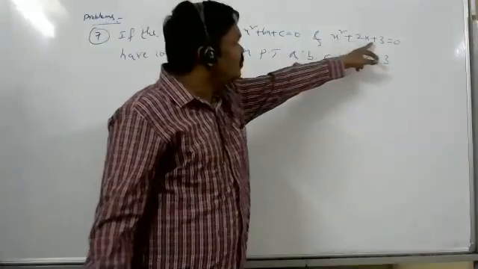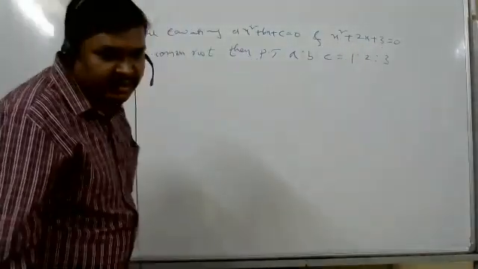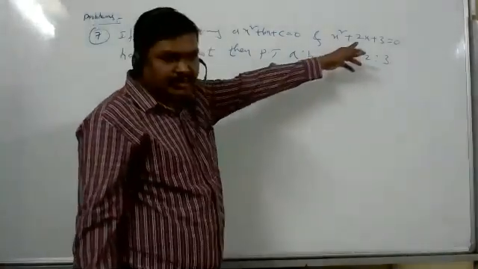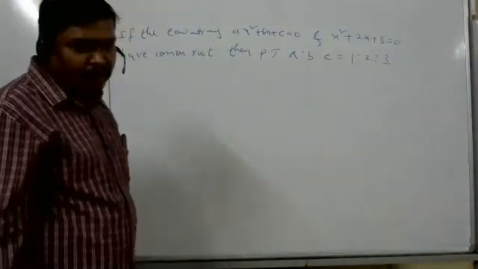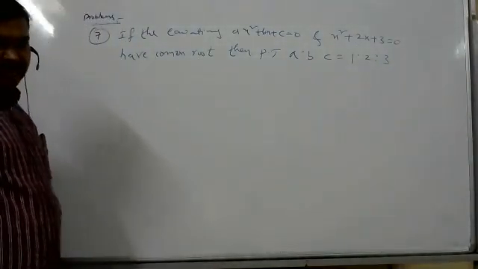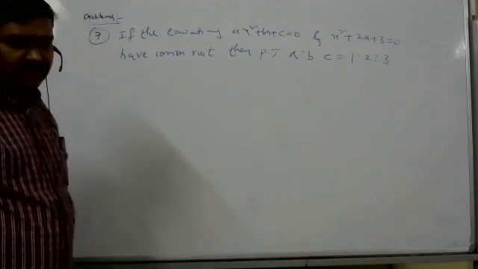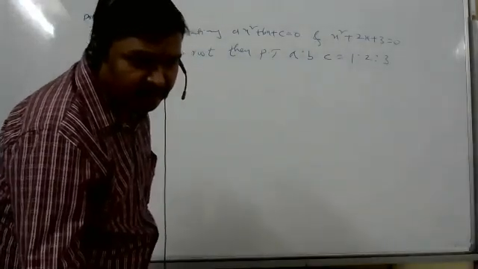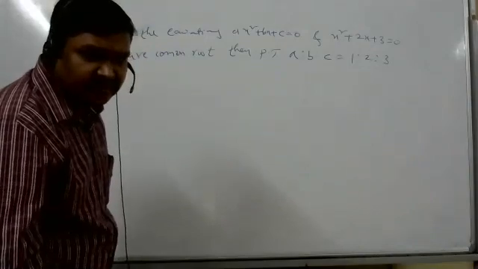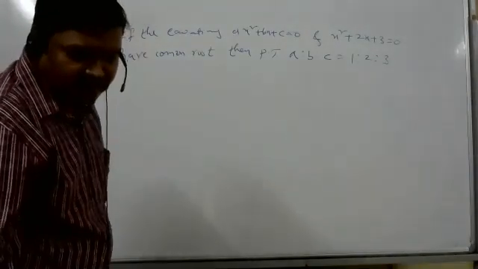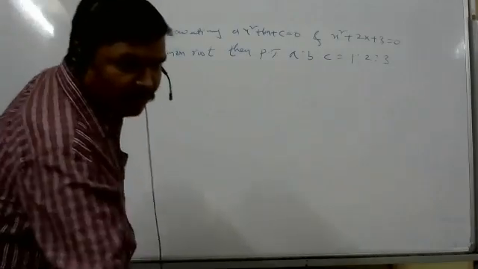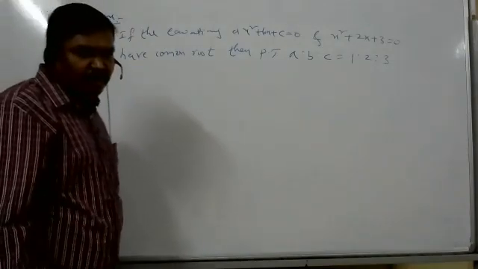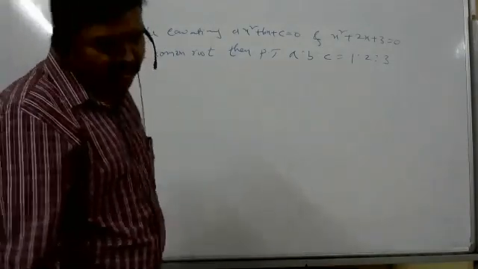Teacher: See, x square plus 2x plus 3 is equal to 0. Discriminant is less than 0, b square minus 4ac is less than 0. Then the common roots are imaginary. Student: No, sir, I'm not asking about that. I equated both the equations to 0, then by comparing, I said that a is 1, b is 2, and c is 3. Is that correct? a is equal to 1, b is equal to 2, and c is equal to 3 by comparing.